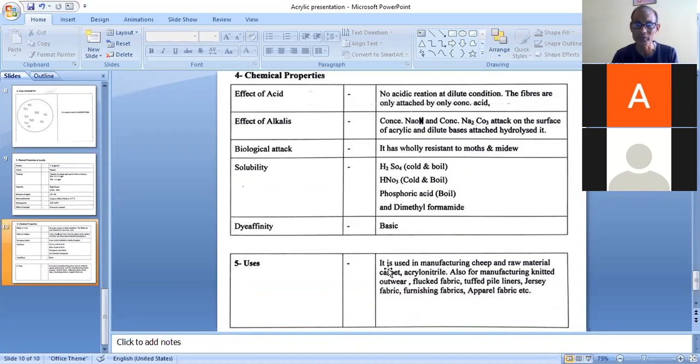And there are some spelling mistakes, so please correct them, because I have just taken pictures of the slides